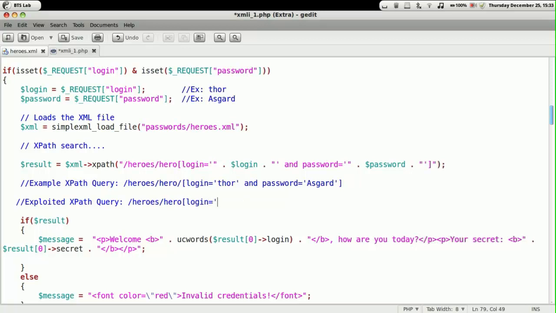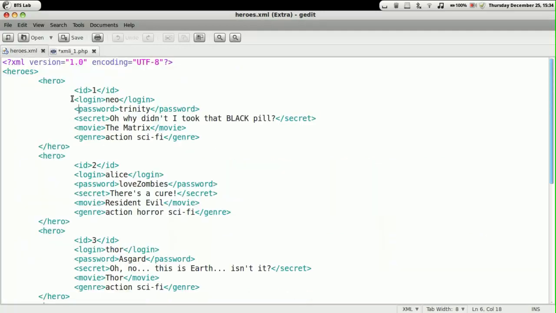So as we can see, we have login credentials as well as the password credentials, but then the value that we gave, which was a logically true statement, completely changed the whole scenario. So basically we could see it either checks for the user's login, or it checks if 1 equals 1, which is a logically true statement. So henceforth it allows us to log in directly to the first user that is present in the XML database.